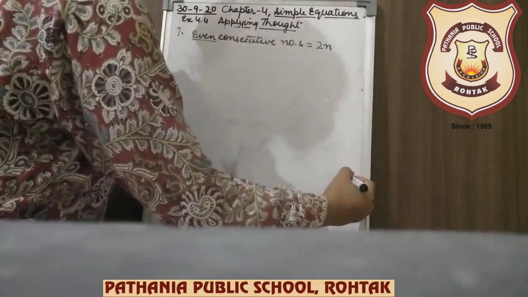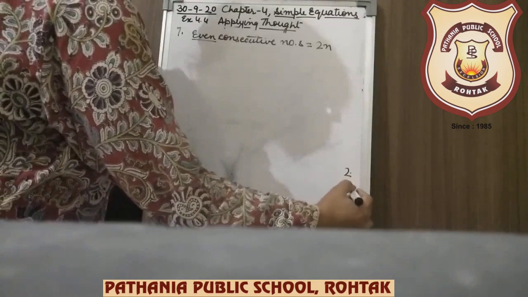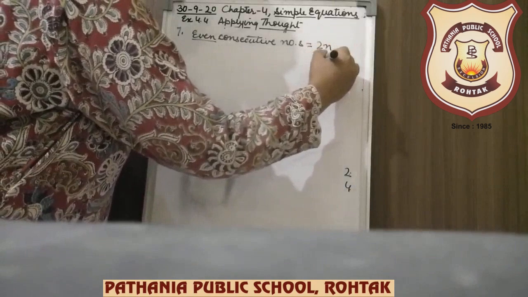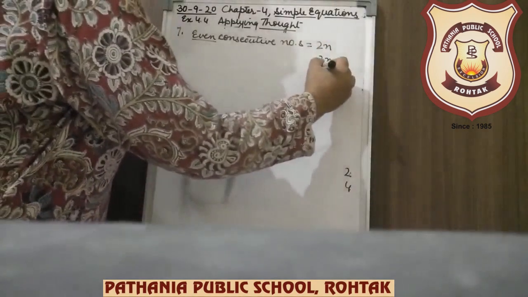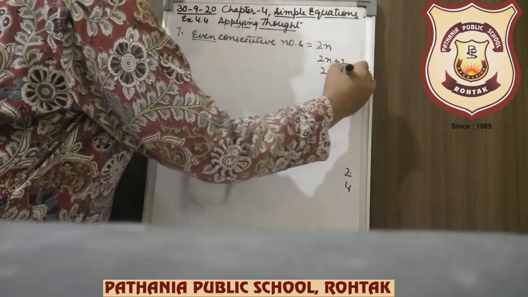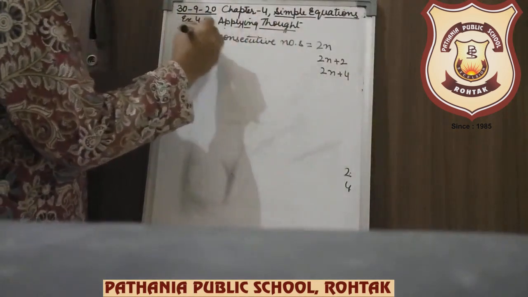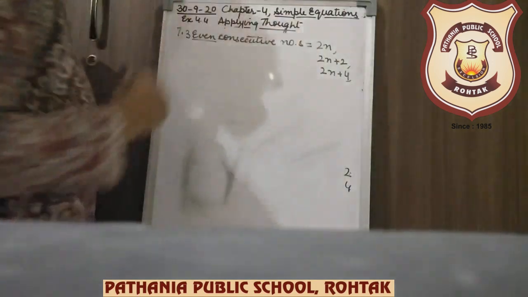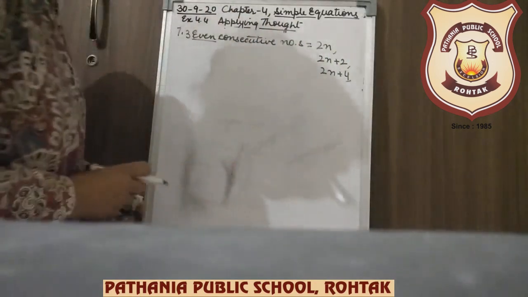Now if I say the first number is 2n, the gap between two even numbers is 2. So my second number is 2n plus 2. And the third one is 2n plus 4. So 3 even consecutive numbers are this, this and this. Clear? Now according to the question,